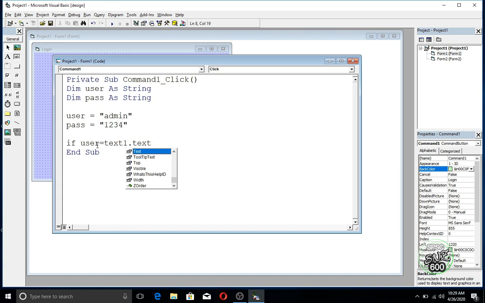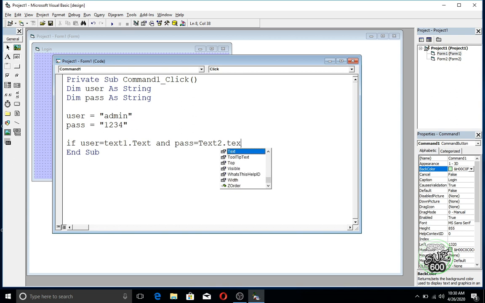So it will check with user, this admin, if it is match, and the pass equals to text2 dot text, my password in my text box 2. So it will check if the user ID that is given in text box 1 is match with this one, and password given in text box 2, if it is matched with this one, the user gets the access. Then it will display a message.